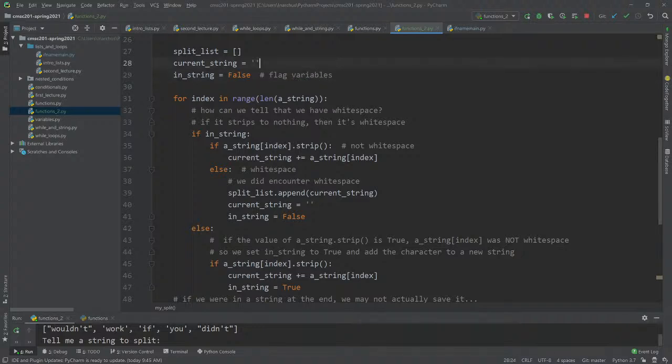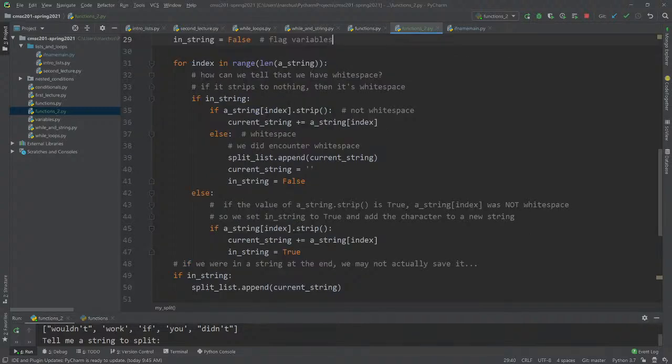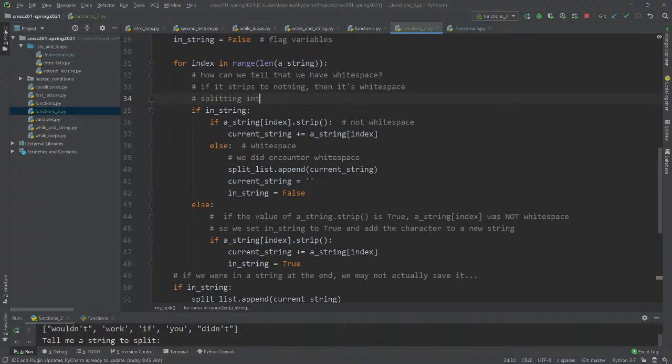I get to show you using temporary variables to store parts of an answer. I get to show you splitting into cases: either you're in a string or you're not in a string.